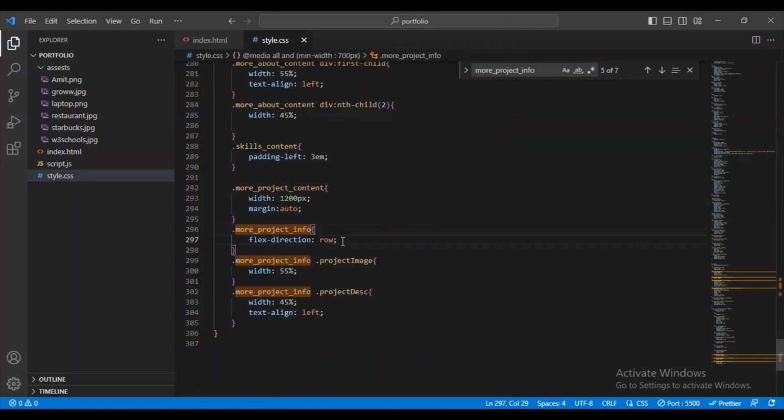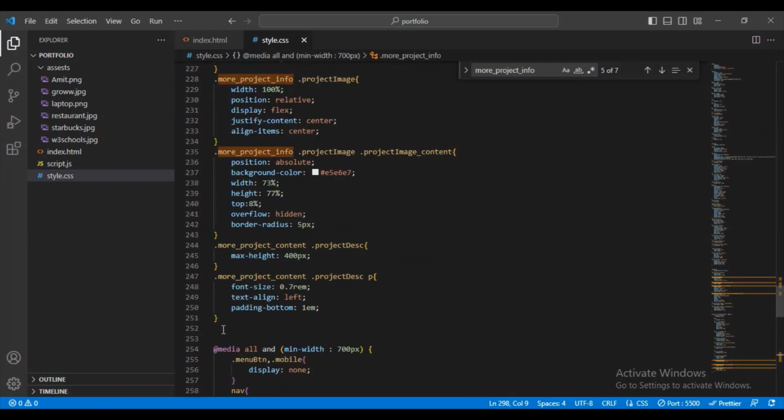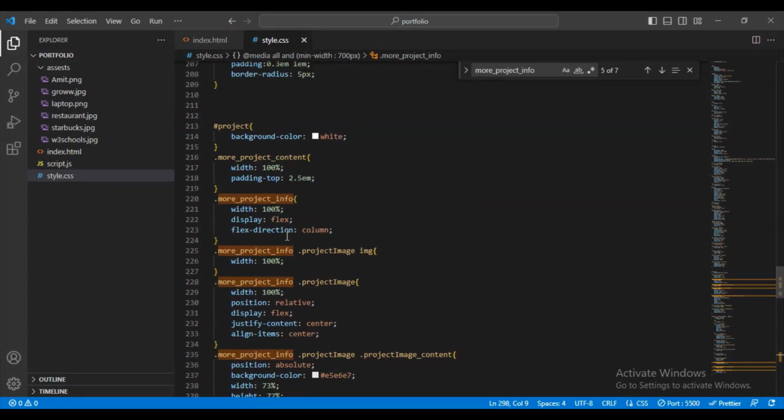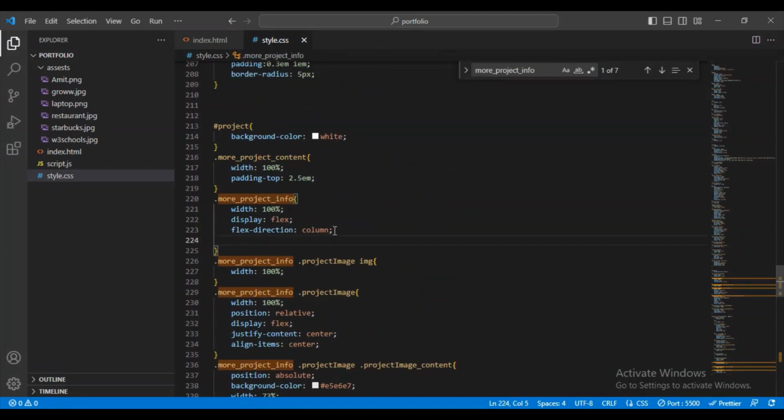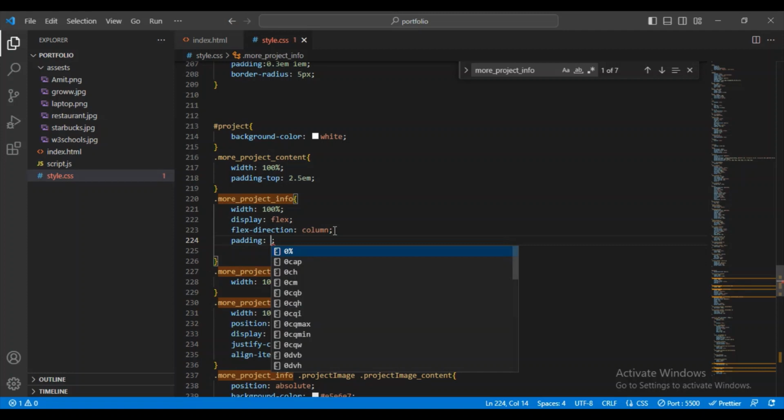Okay, in the mobile version also I want to give this more project info. Here I will give padding top and bottom 0.5 em and auto on the left and right,